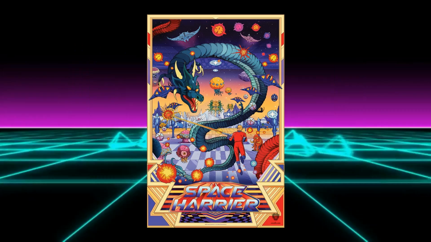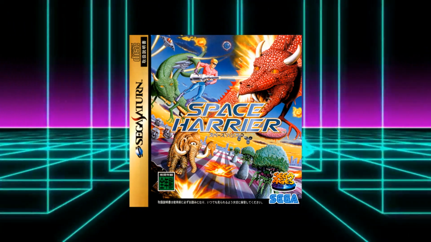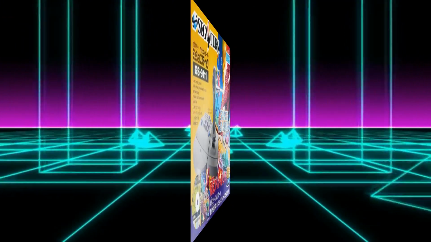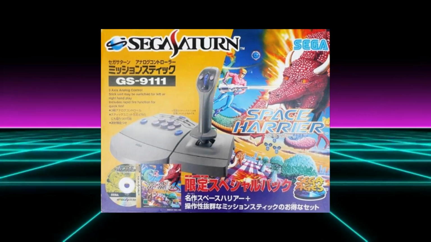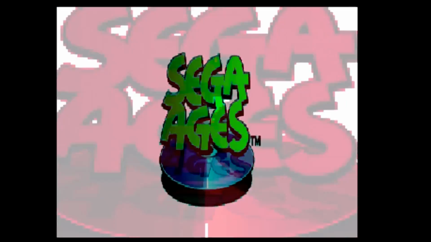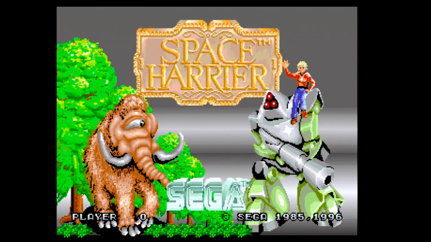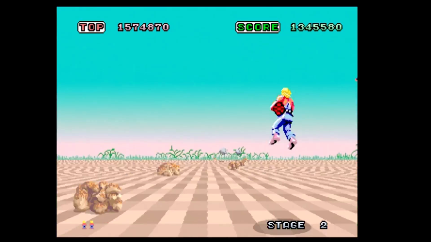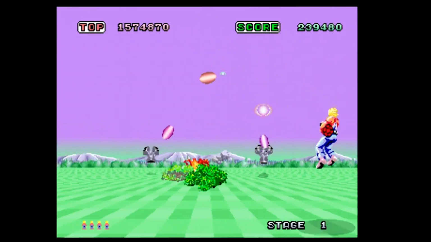The 1996 Japanese release was really something special. Not only did the game sport an extra arranged soundtrack, which was omitted from the Western release, but it came in a pack including the mission stick for that authentic arcade feel. Besides those perks though, the game on the Saturn is pretty much an identical port of the arcade classic, featuring all 18 stages, that brilliant Hiroshi Kawaguchi soundtrack, and all that fast-paced action that made this on-rails Yu Suzuki game